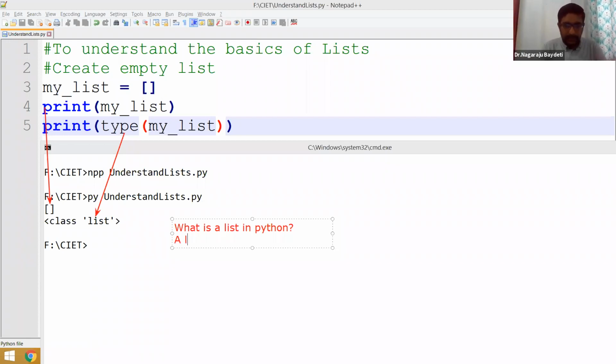A list is an object of class list. Then you have to tell what this list is. A list is represented with square brackets.